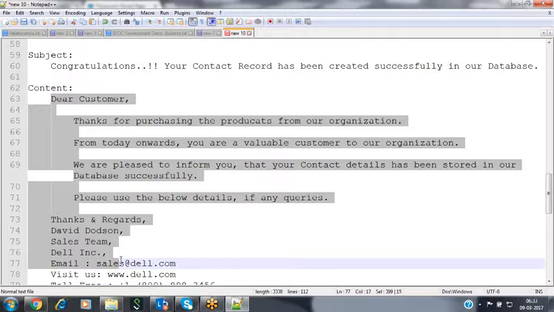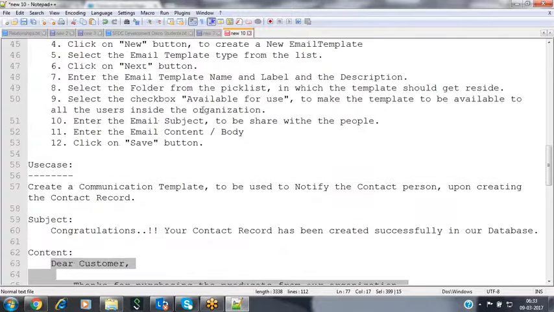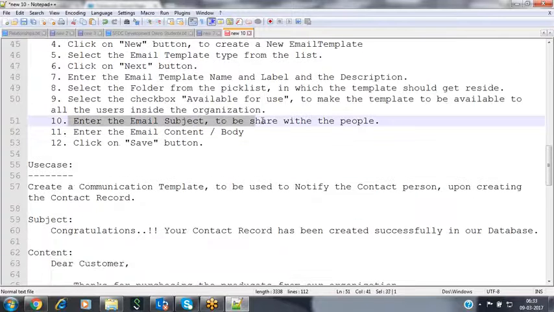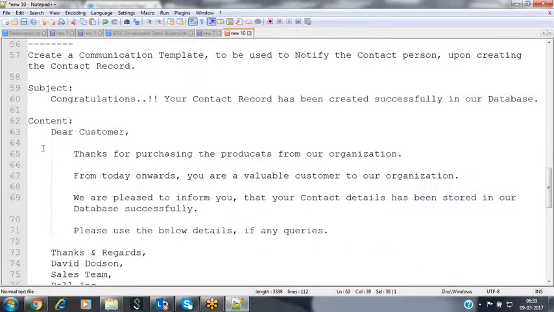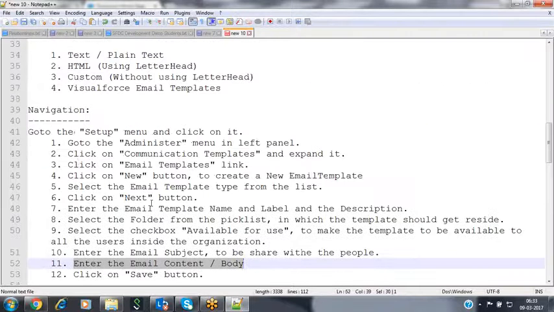Now, how to prepare this email template? How can we test this email template? Now we'll see practically here. So upon preparing that email template, inside that subject box, we have to enter the email subject. In that place, I'm placing the subject here. Enter that email content at the body. So at that place, I'm placing this email content here. The remaining navigation, you are aware of how to create this email template. This is the whole navigation process we are going to be using to create that email template. Now let's go with this navigation process and create the email template.